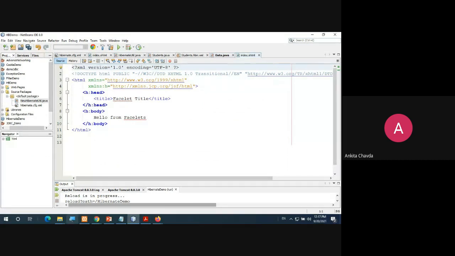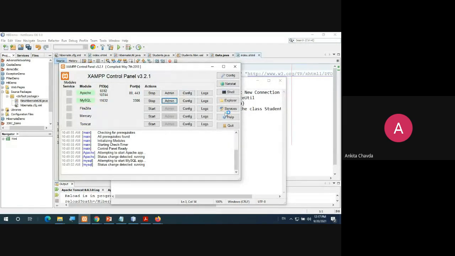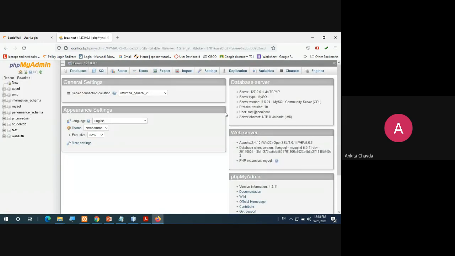Fine. After that, the third step would be to create a Java file for getter setter methods, because I have a student database, and into that I want to insert something, right? Some data, name, ID, such kind of things I'll directly insert into this. So you need to create the database, right? As I have just mapped my student DB here, but which table and what kind of thing still remains to be done, right? So what you need to do, I have the student DB.